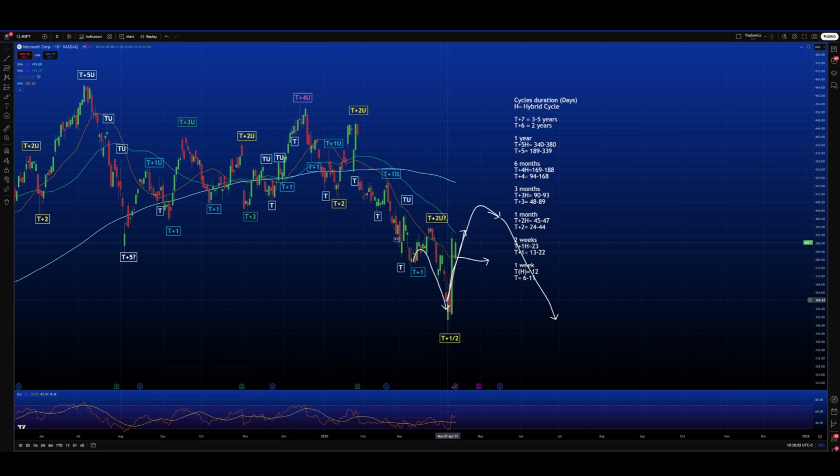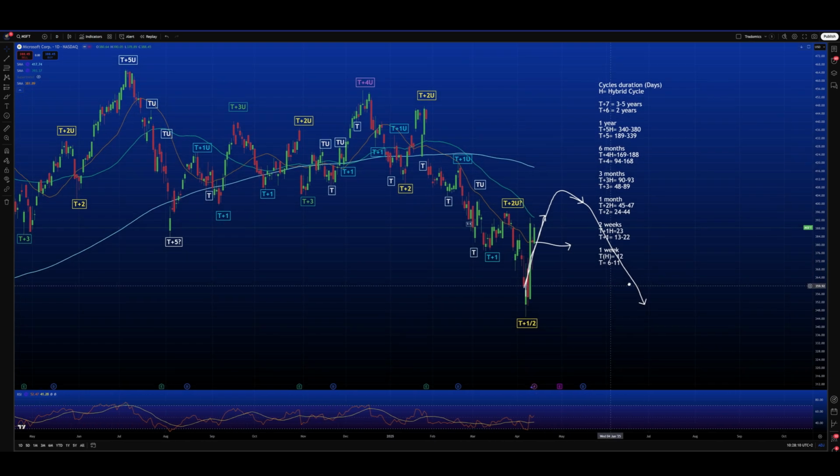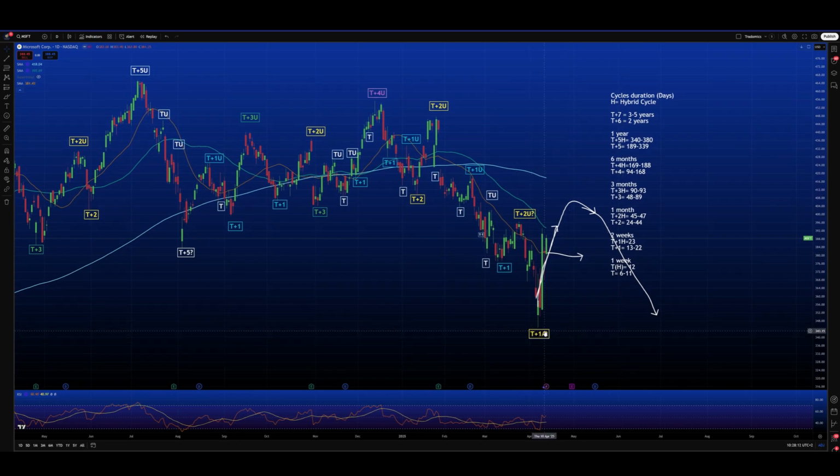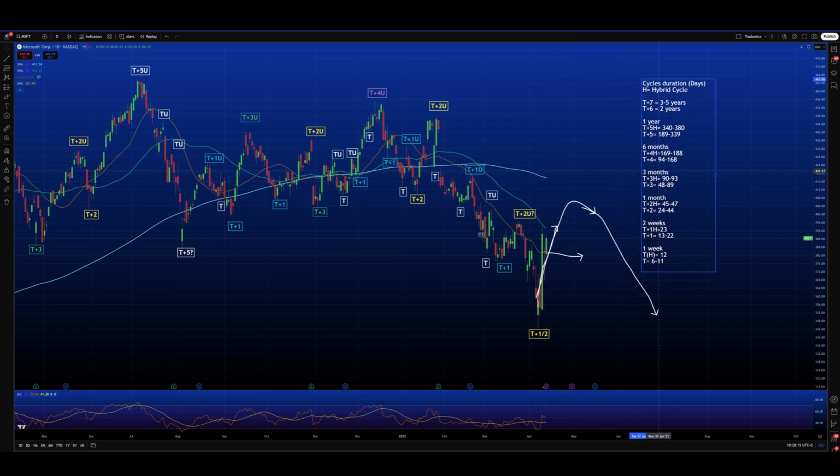But be careful because this is what we can foresee. So it's a bounce to the upside that can be with a grade of T plus 3, T plus 4. So the duration is between 48 days to 168 days. But be careful because the T plus 5 is negative. Therefore, after a certain number of bars, which might be 20, 30, even 40 days, then we have to go back down to this low. Okay, so that's the situation we have on Microsoft, and let's see all the others.